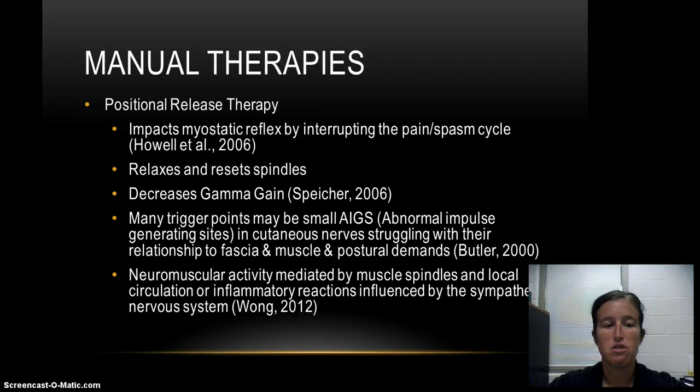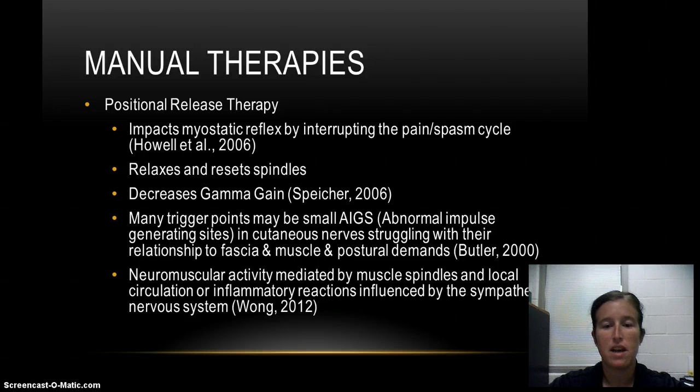PRT is also found to relax and reset muscle spindles that are dysfunctional due to the myostatic reflex arc, and also by decreasing gamma gains of hypoxic muscles. This type of therapy is non-invasive and puts a trigger point of a muscle in a position of least tension and optimal function. According to David Butler in his book titled The Sensitive Nervous System, many trigger points may be